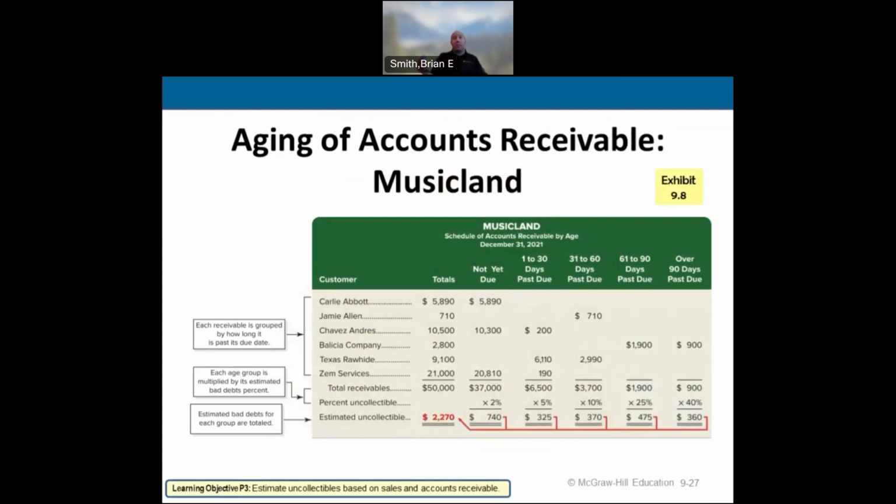How much of the stuff that's currently in our not due yet do we think probably is going to go uncollectible? 2% is kind of something we've seen in the past. So we're going to take all of our not due yet, add it up, multiply by 2%. This is going to be what we're going to put into our estimated uncollectible. And we're going to do that for each grouping of it. Sometimes people have stuff going into 180 days, 360. I mean, it just depends on the nature of the business and what they're doing. But that's basically how we're going to do that.